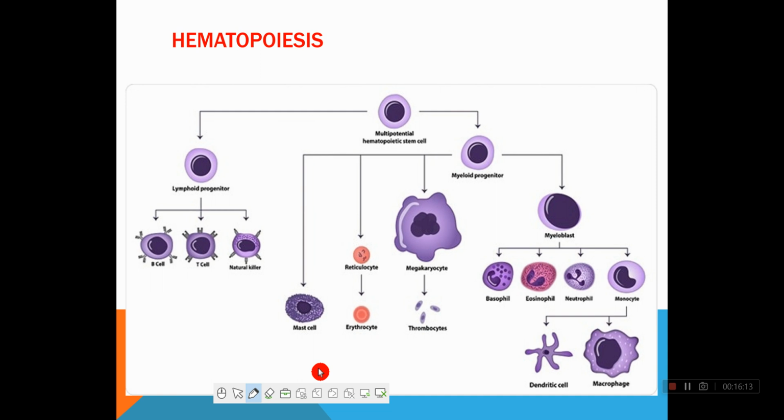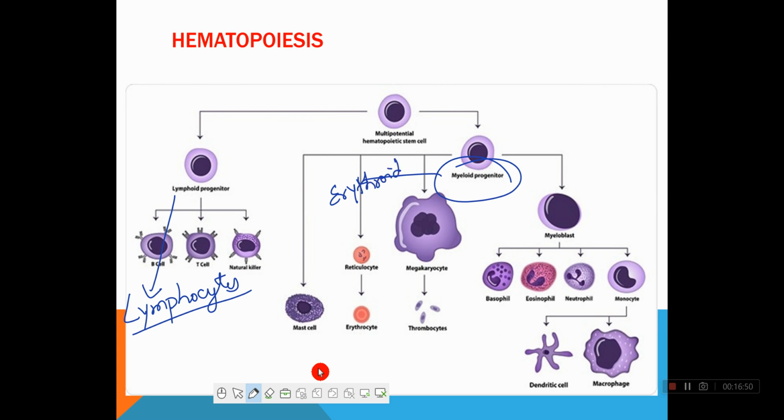Alright, now talking about the myeloid progenitor. From the lymphoid progenitor, only lymphocytes are formed. The rest of the blood cells are formed from the myeloid progenitor cell line. The myeloid progenitor cell line will again differentiate into different kinds of immature cells, which will then mature and develop into the blood cells. The myeloid progenitor will give rise to the erythroid progenitor, which with the help of